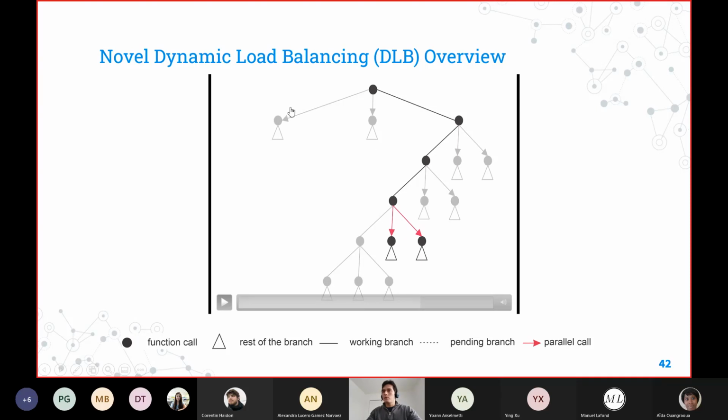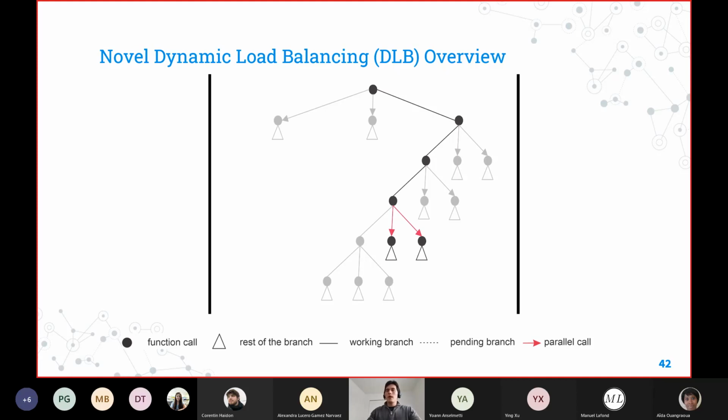Then this branch will perform exactly the same strategy as here, because the processor who took this branch will be in charge of making parallel calls within this branch as well, the same way that this branch is doing it. Since we are making parallel calls for those branches that are more difficult, those processors won't go that often to the bench just to be there waiting for results.